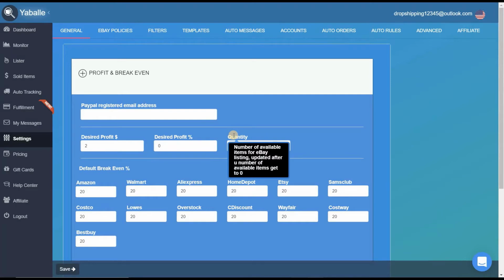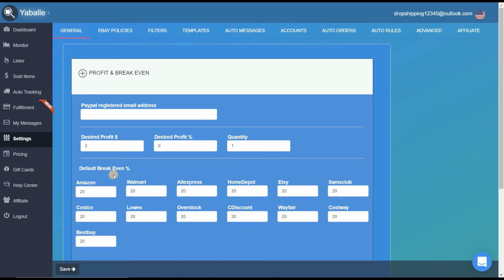The quantity should be set to 1 because this creates a false sense of scarcity or a false sense of urgency for the buyer. eBay will show last item available on the listing for items that have sold at least once before. When buyers see that this is the last item remaining, they are more inclined to purchase the item. Simple psychology. The break-even is around 20%, which includes eBay fees and supplier sales tax.